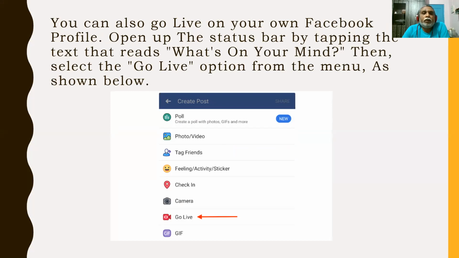You can open up the status bar by tapping on the text "What is on your mind?" Then select the go live option from the menu as shown. In those various options, go to go live.